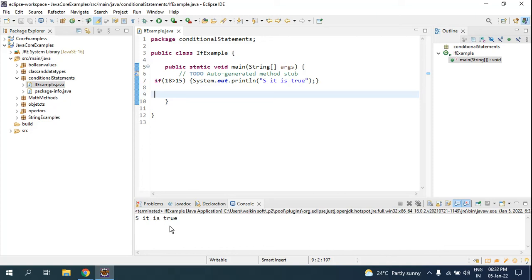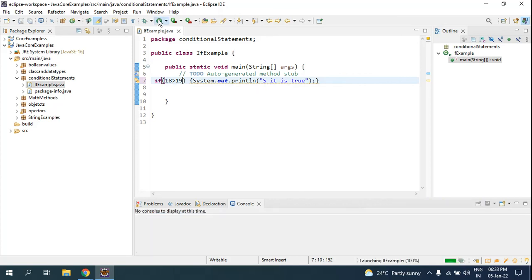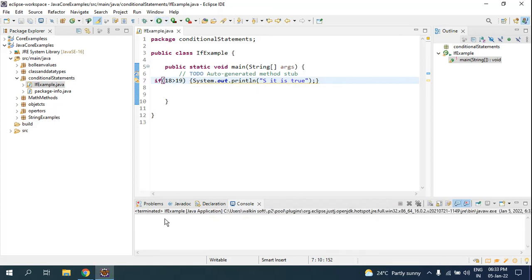Yes, it is showing me "yes, it is true". It is giving me the value. Now, is 18 greater than 19? I have given this statement only for true. In the syntax, as I told, if the condition is true, this statement will be printed. Now 18 is not greater than 19, it is false. So when I run it, what is the output I am going to get? Look, I am getting a blank here, because I have not given any statement for when the condition is wrong. Only if it is right will this statement be executed.